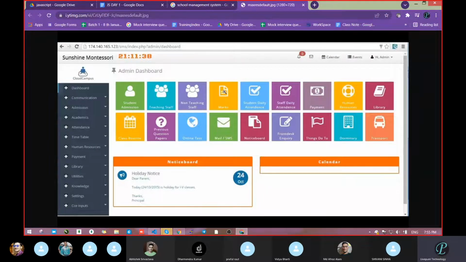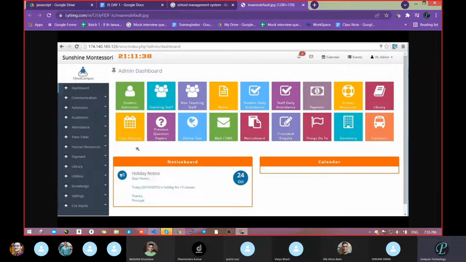Got my point? What do we have to do? Slowly we are going to design this website, and up to Angular we will follow this. Then we will do all the functionality, whatever functionalities are there. These are all different icons. Now you have to use your mind about what section you will put there and how you will design it. You have to think. Got my point?